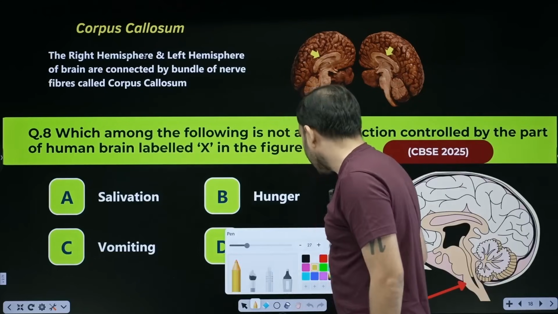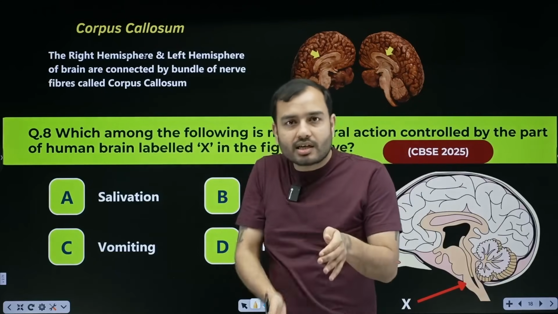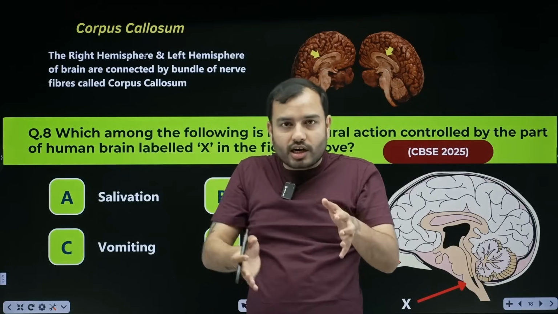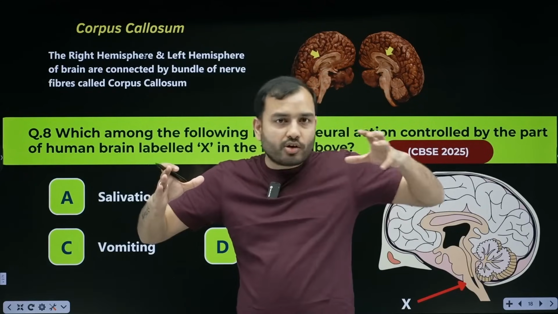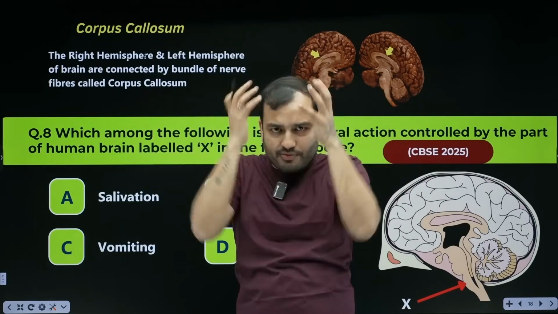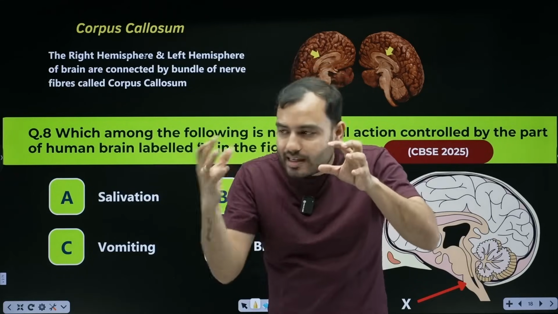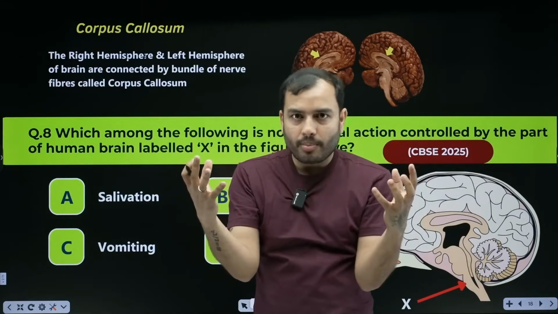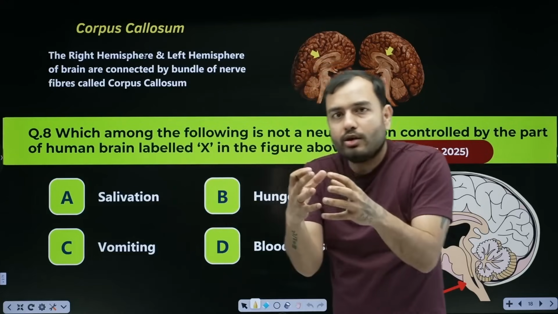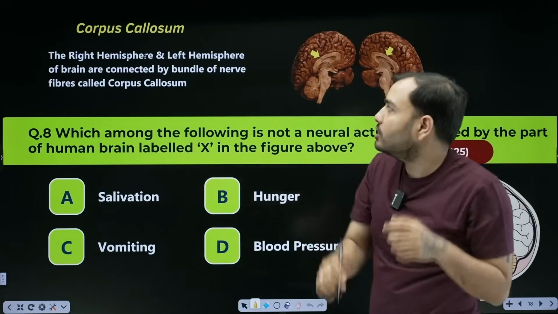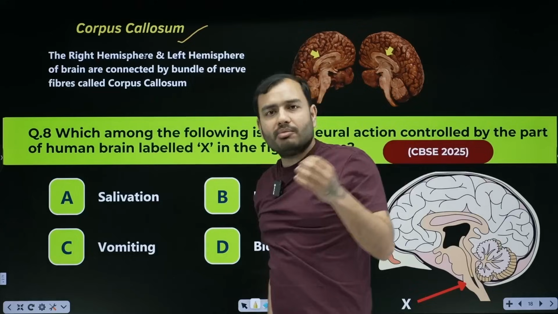Next, beta, understand one thing. If you take your brain, your gray matter, and cut it from the middle, you get the left hemisphere and right hemisphere. The brain is like a sphere. Half of a sphere is called hemi. Hemi means half. Between the right hemisphere and left hemisphere, when you watch carefully, there are some tissues, some nerves connecting them, which we call the corpus callosum. That's all I had to tell you.